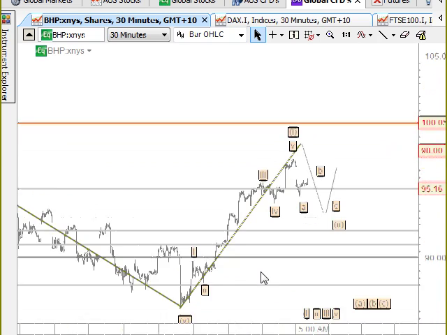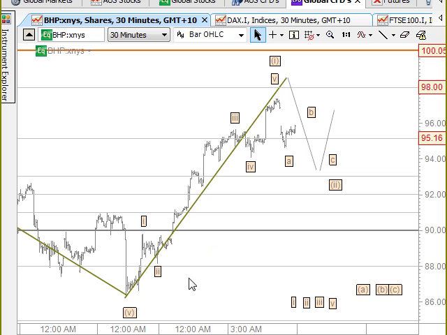But what I wanted to point out here is that there is quite a nice clear 5-wave structure from this low here in terms of the 1, the 2, the 3rd, the 4th, and the 5th here. So what we'll be looking at here is the A wave, the B wave, and the C wave here for wave 2. So much the same as the ASX 200. Once this is complete, we can look for it to go to the upside. But once again, this can pull back the 61.8% from here to here and back again. And this is what our local BHP will be sort of going through as well.